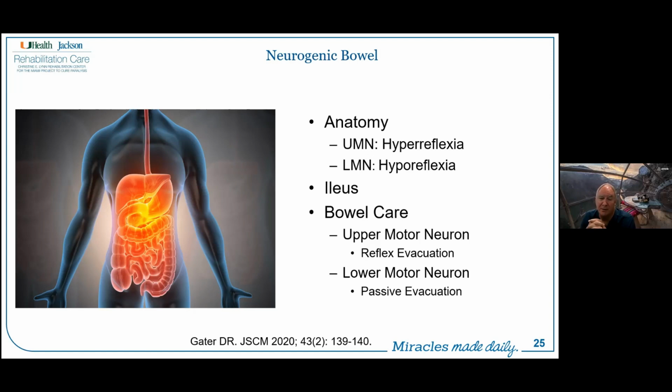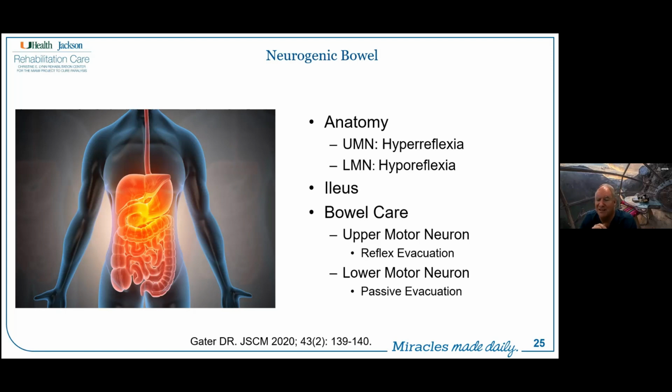Folks acutely are at high risk for an ileus, which basically means the bowel stops transporting or propelling the fecal contents forwards through the GI tract. That can be caused by increased sympathetic drive. And you're saying, well, wait a minute, Dr. Gator, you just told us that these folks are going to have sympathetic blunting. Yes, except for those cases with autonomic dysreflexia, in which case the sympathetic nervous system can actually bring the gut to a relative stop, and hence the ileus. So we need to worry about that.